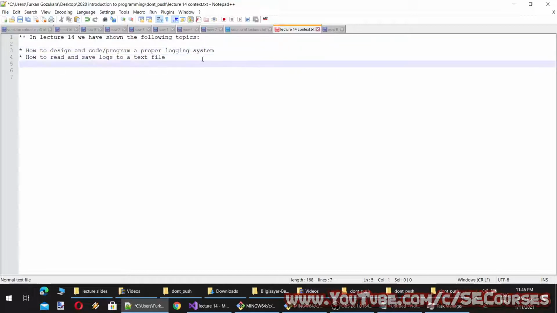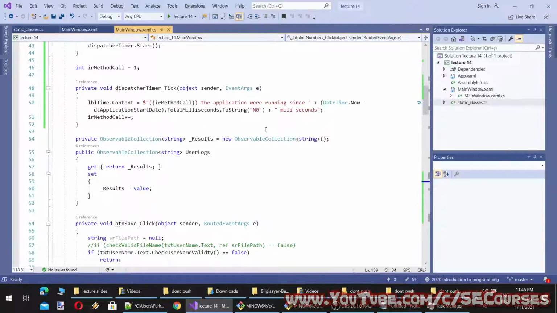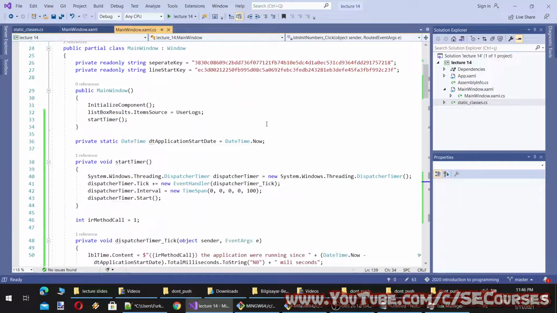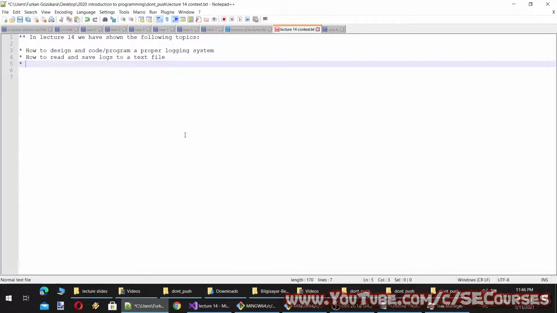All right, and how to use named variables and properties to keep constant values to ensure good programming practices.